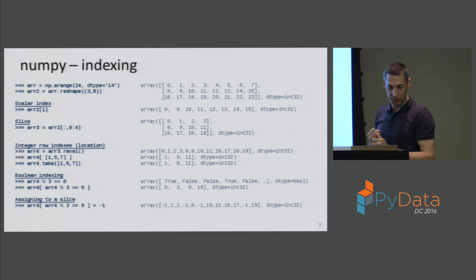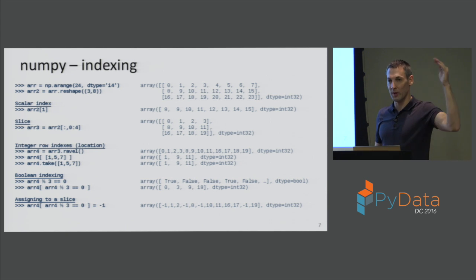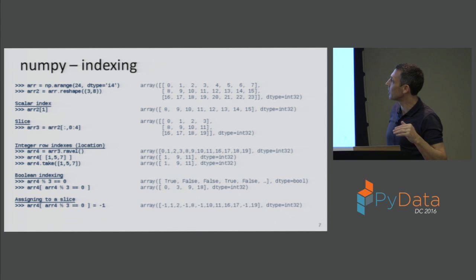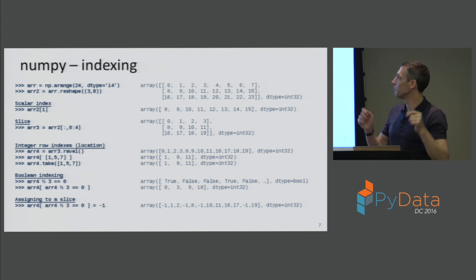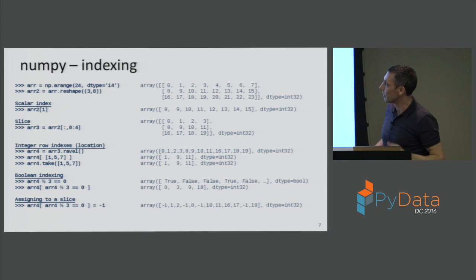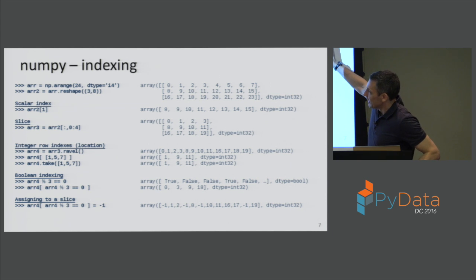So the most simple way of indexing from a NumPy array is just to put in a single scalar to say that's the particular row, in this case, that we want. We want row number 1, the second row, and that will pull out a slice of the array, which is a subset of that block of memory. We can also do more sophisticated slicing, where we say we want all of the rows and just the first 4 columns, and that gives us a block like this array 3 here. And